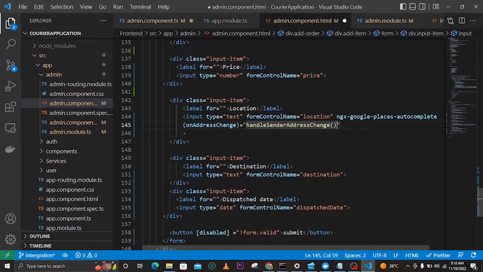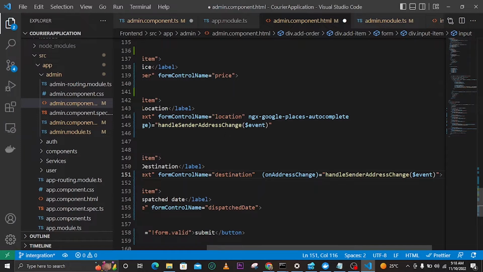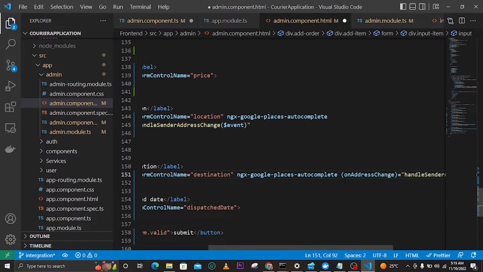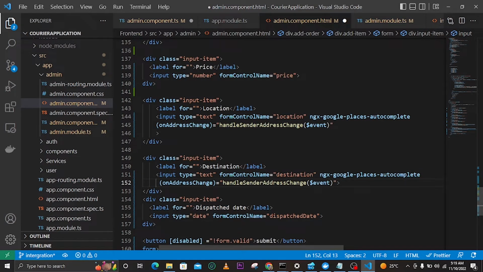And now here we can call an event. We can call this event, and again we can copy this and paste it here at our destination input, together with this. So we just copy it, paste it. But remember, this should be another function, because let me first of all add this. Okay, so now we need two functions, this one for sender and this one for